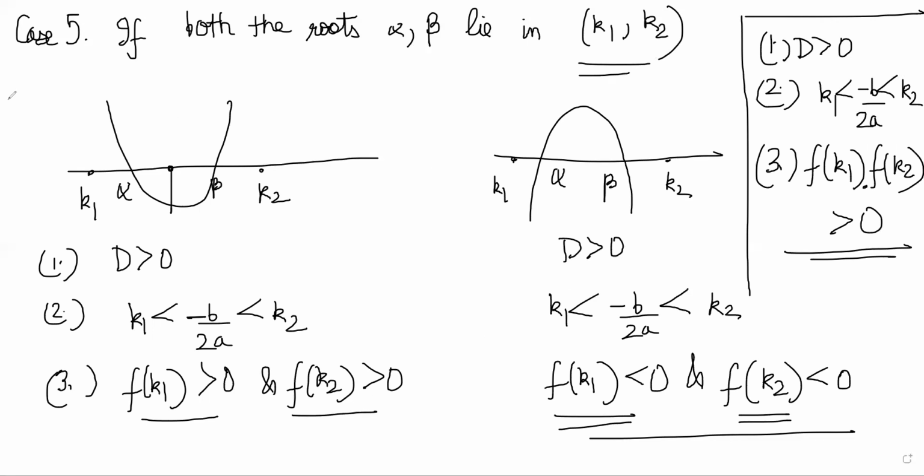So if you understand the graph, you can actually derive all of these conditions yourself. There is no need to memorize any of this because you will just put the K1, K2, alpha on the number line. And after that, you will realize what is the value of f of K1, f of K2. So just go through all the 5 cases that I have listed here one by one and think through it. And you should be able to handle questions on quadratic location of roots.